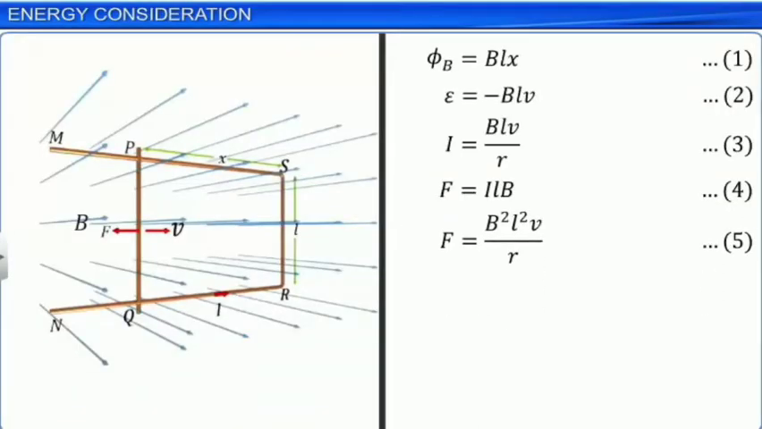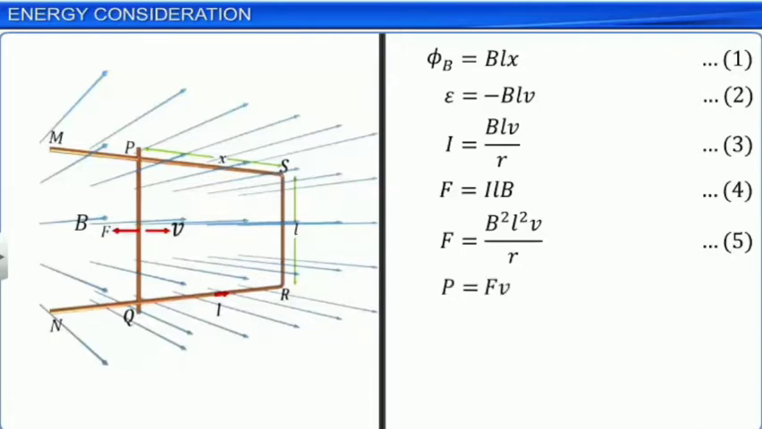If we need to maintain uniform velocity for the arm PQ, we need to apply a constant force F in the direction of the velocity. The applied force must be equal in magnitude and opposite in direction to the magnetic force. Thus, the power required to push the arm PQ along the rails is given by the equation P is equal